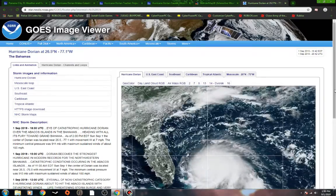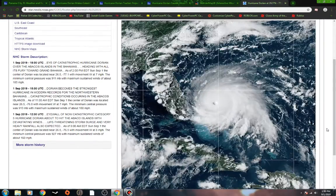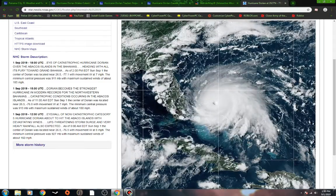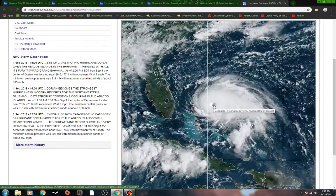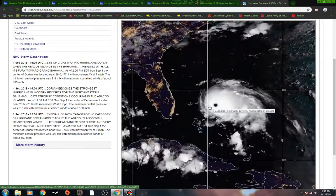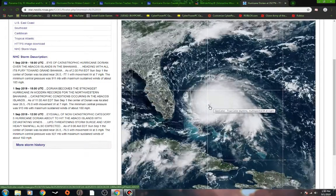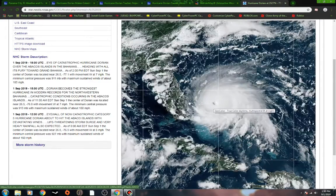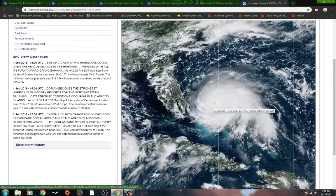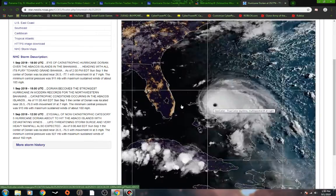Here's a satellite loop. Pretty long one. You can actually see it better at night. That's weird. But look at that. Look at how far out the cloud field is. It's already starting to impact Florida. Nothing too great, but...